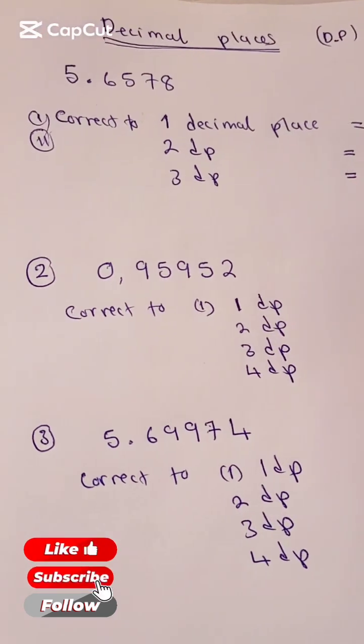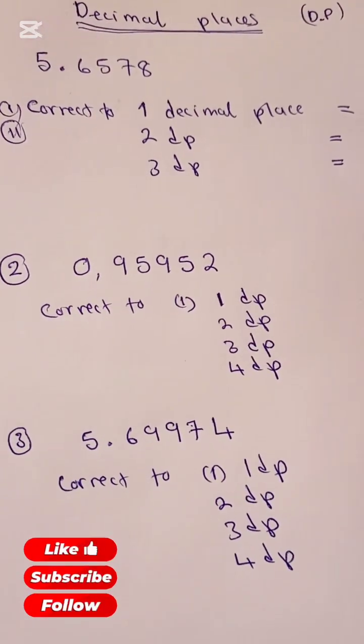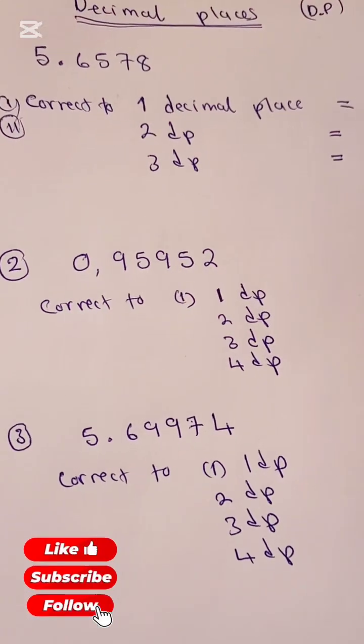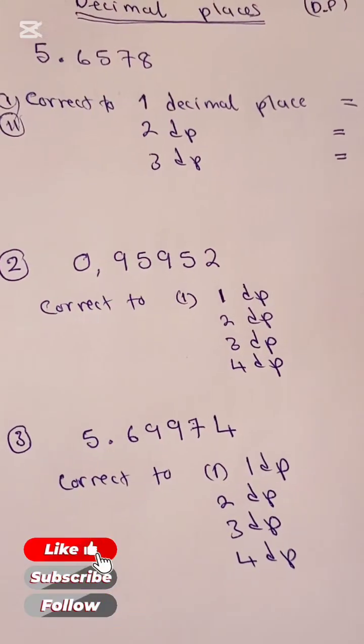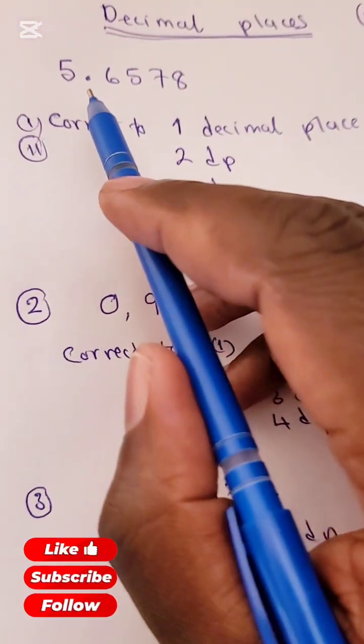All right, good people. We are on decimal places. We find decimal places after the comma. So after the comma, that is where we find our decimal places. So we are given